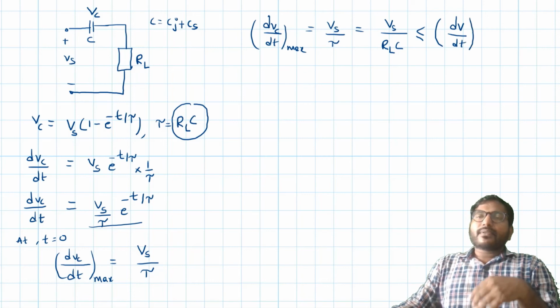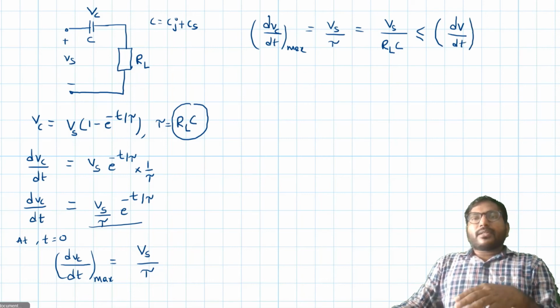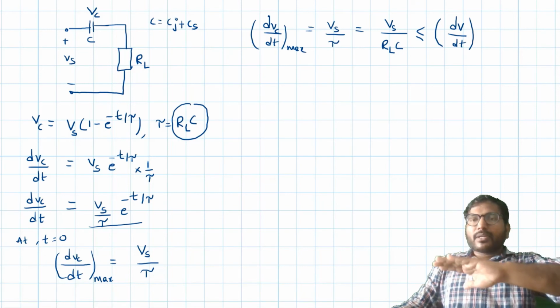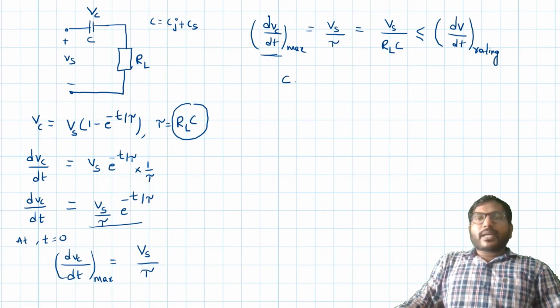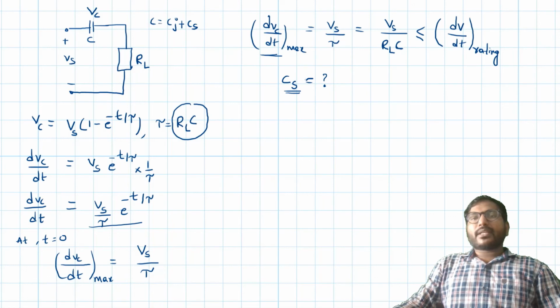The designer has given a permissible limit of the dV by dt rating. This maximum dV by dt must be less than or equal to the rated dV by dt. From here we can calculate Cs. We will be given the values of the dV by dt rating and everything. From this relation we can calculate the capacitance,